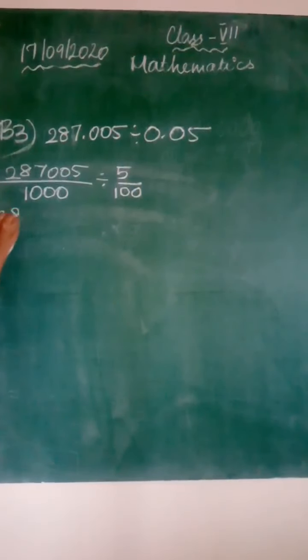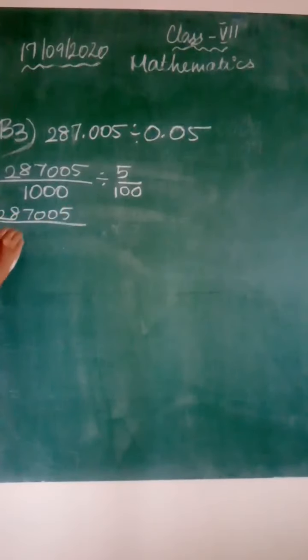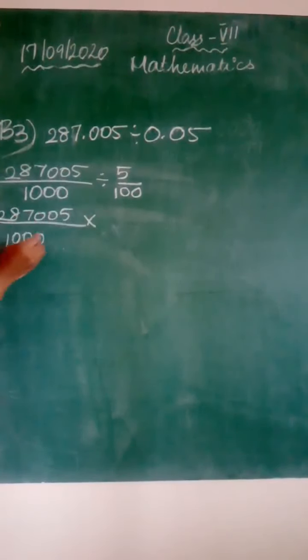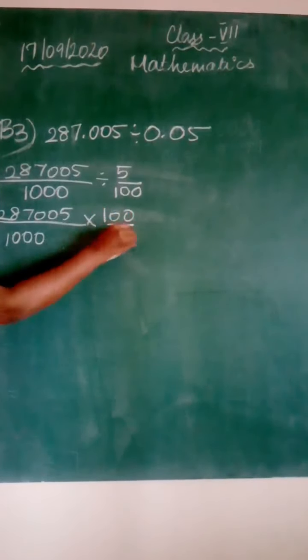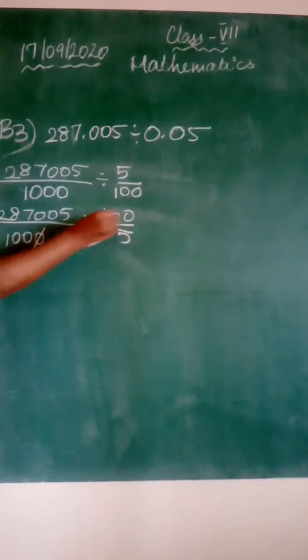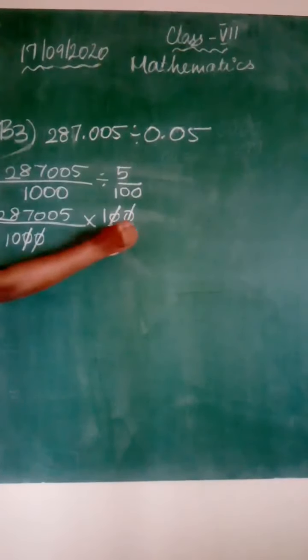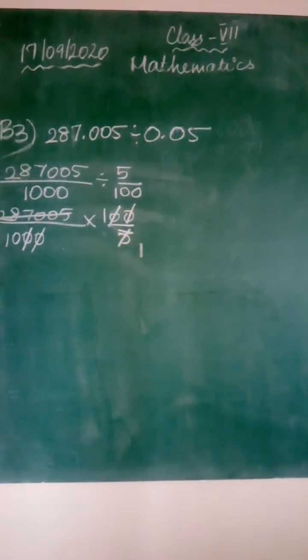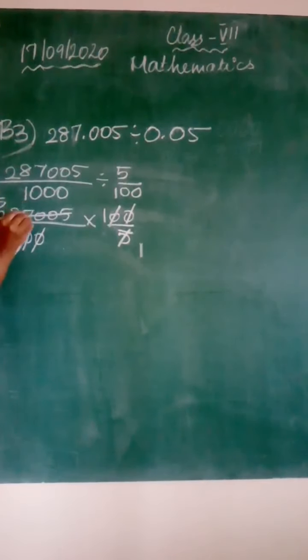Now, look here. You can do normal fractional division. That is, write the first number as it is, then change the division symbol to a multiplication symbol, then take the reciprocal of the second fraction. Now you can cancel out 0, 0. Then 1 more 0, 1 more 0. Then this number you can cancel with the 5 table. So 5 ones are 5, and here if you cancel, what will you get? 28 is there. 5 5s are 25, 3 remaining, so 37.